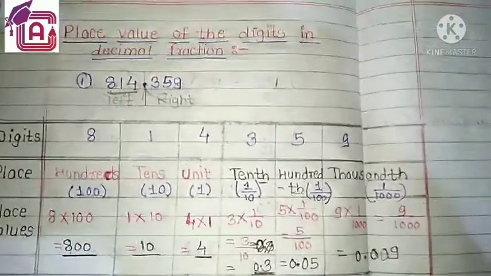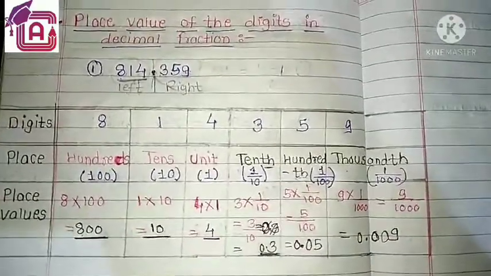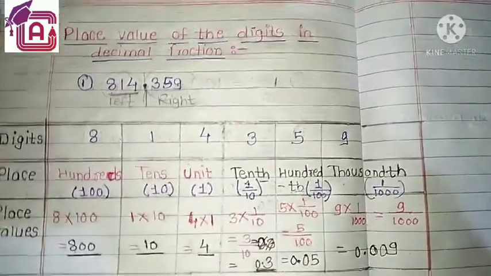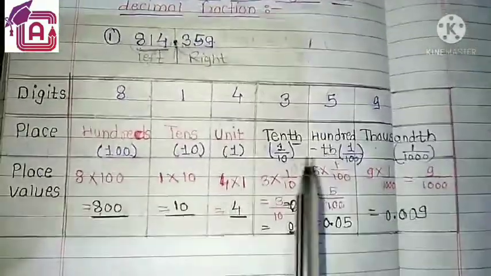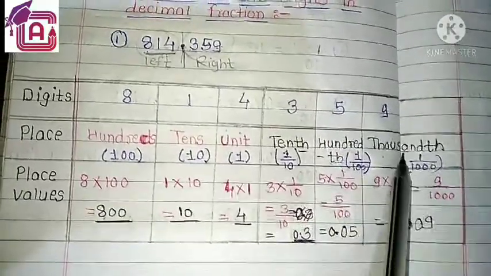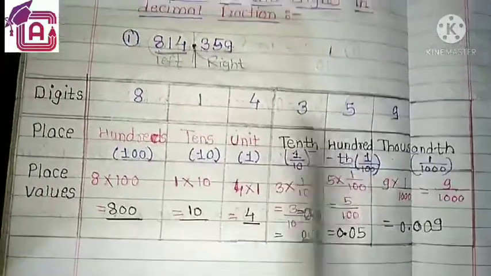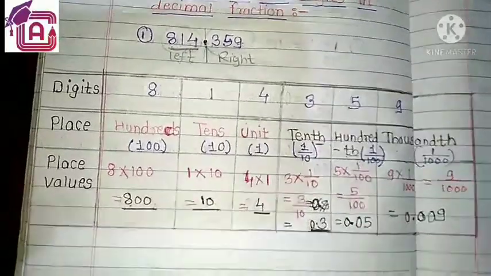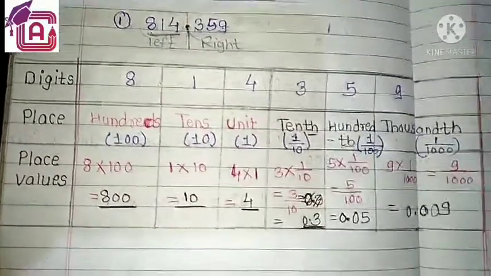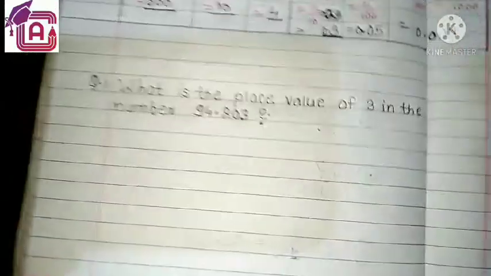So in this way you can easily identify the place value of each digit of a decimal fraction. Decimal fraction च्या राईट साईडला असणारे नंबर आहेत 10th, 100th and 1000th. त्यावेळी तुम्हाला असं करायचंय आणि लेफ्ट साईडला असणारा नॉर्मल नंबर आहे. So you can easily write down their place values. It is so easy.